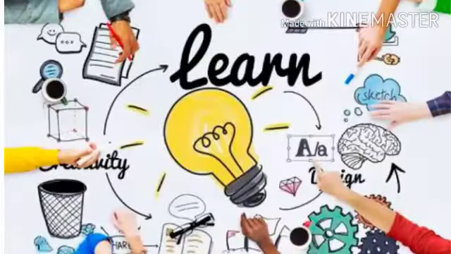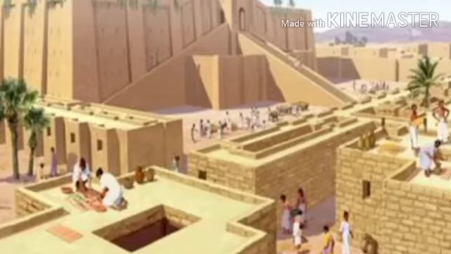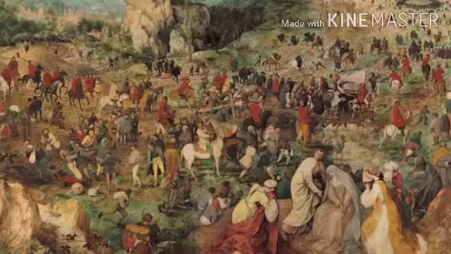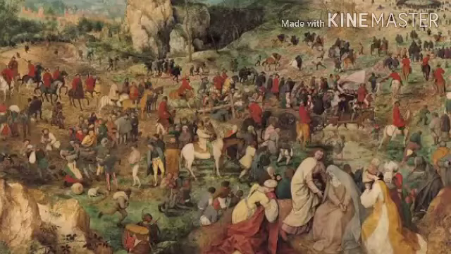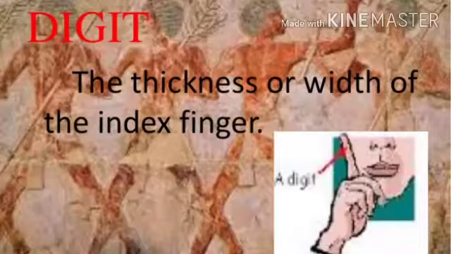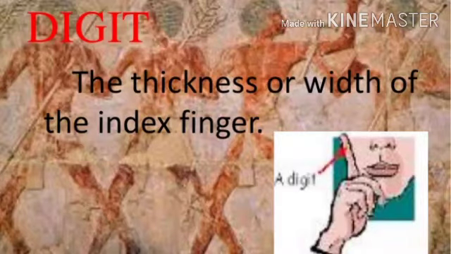Dear students, now we are going to learn about the transformation of measuring tools of length, weight, time, and temperature from the ancient day to the present day. During the ancient times, the carpenter never misplaced his ruler because it was attached to his body. In ancient days, the measurement of length was done using digit, the thickness or width of the index finger.